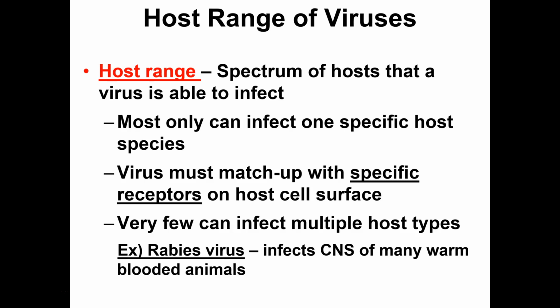Okay, so spikes attach to something on the host cell surface. They tend to be fairly specific about what they want, so that leads us then to host range. How many different hosts can a given virus infect? Or how many different cell types or tissues can it infect? So what's the spectrum look like? Most viruses are ridiculously picky. Right? The T4 phage wants E. coli and only E. coli and won't touch anything else. Okay? So, HIV only wants your helper T cells. So most viruses have a very limited host range.